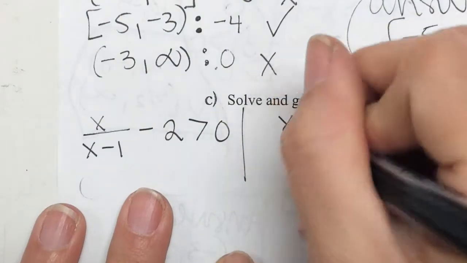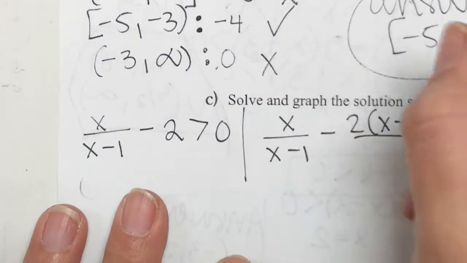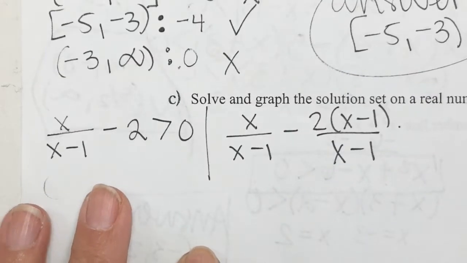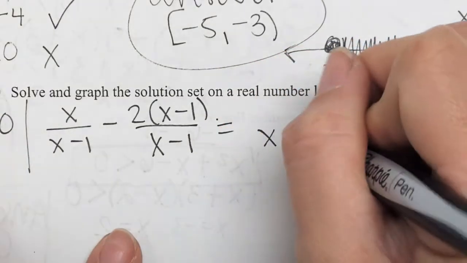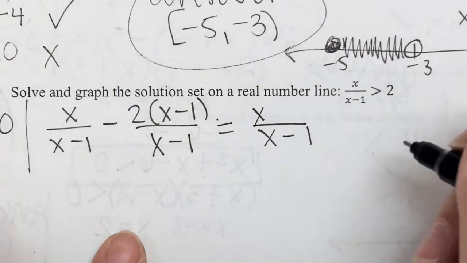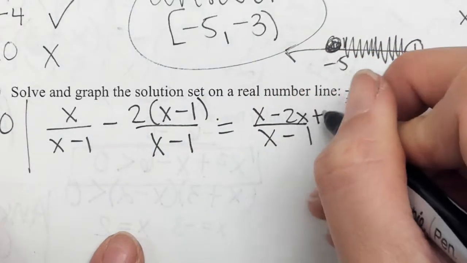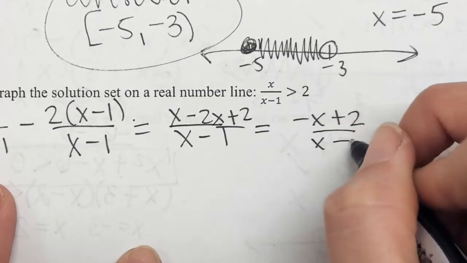This is how it's going to look. Minus 2 times x minus 1 over x minus 1. Would everybody agree? Okay. So what stays the same? The bottom. On top, I would have x minus 2x. What else? Plus 2. So my final simplified version would be